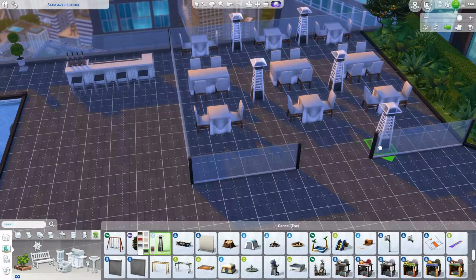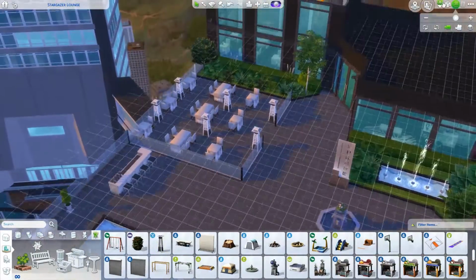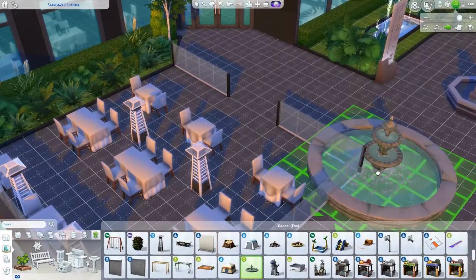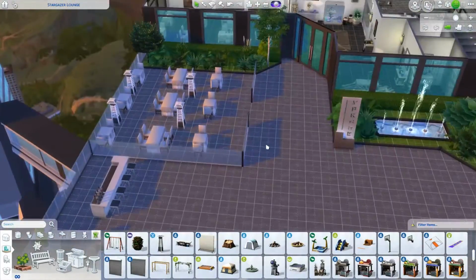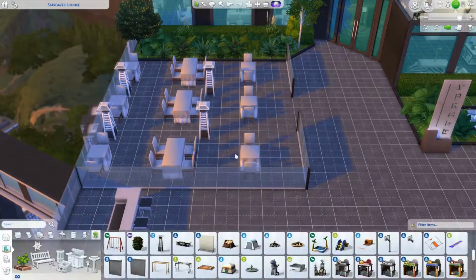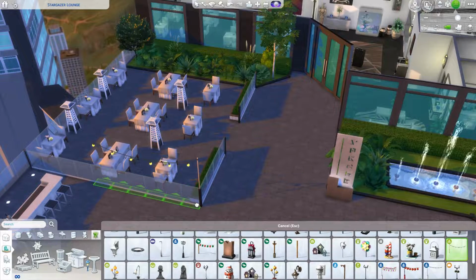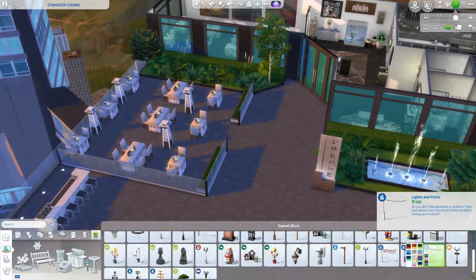I think I mentioned this before in my Oasis Springs build. But I just love when you go to a club or whatever and they have them and you're outside and it's just so cozy and warm and it's just so nice, but then you kind of get too hot. But anyway, you can now see me doing the light bulbs,